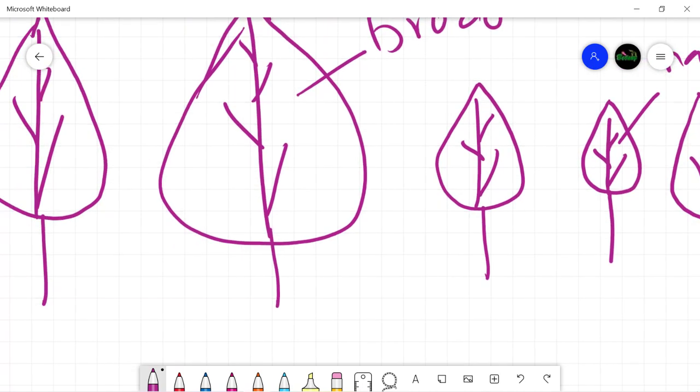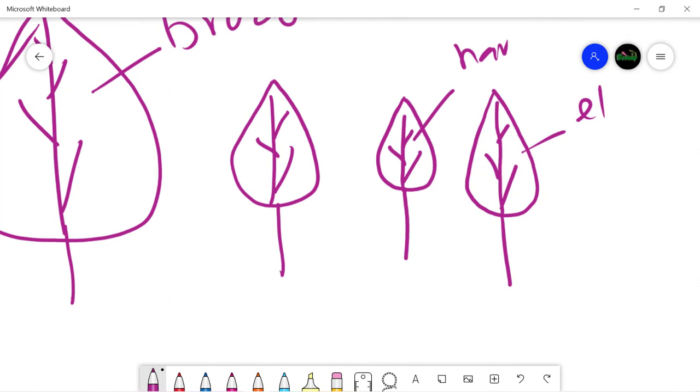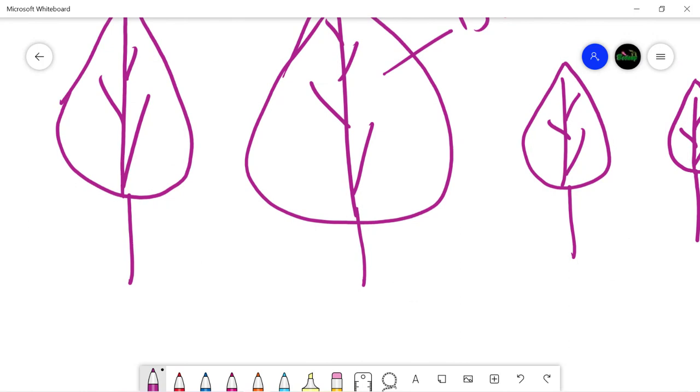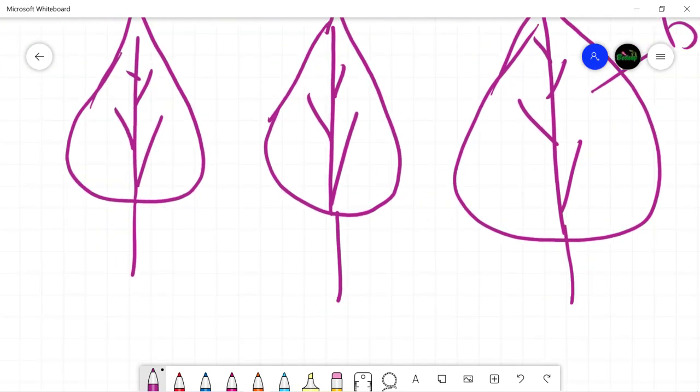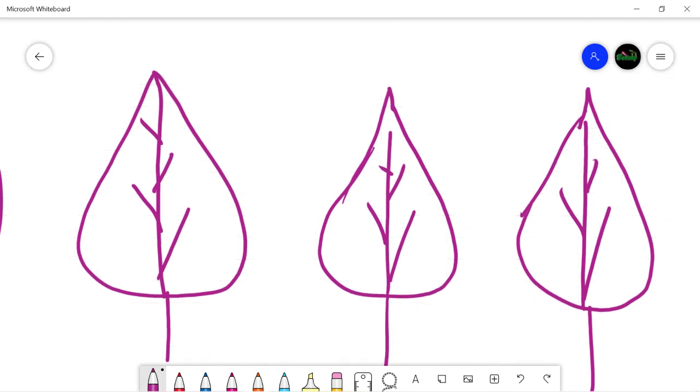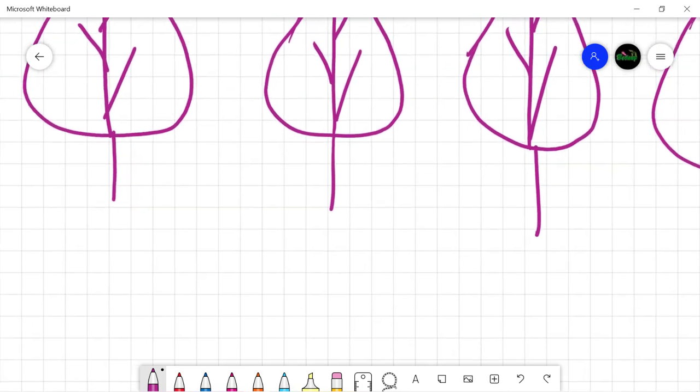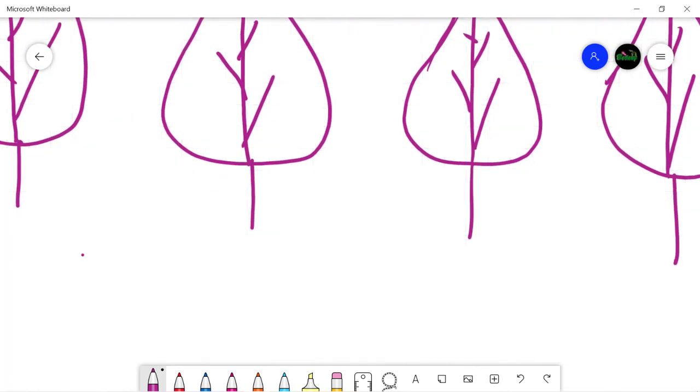Now, okay, these are all ovate leaves, you might say, but what's the point in keeping all those leaves in one basic shape? Why not create a separate shape? Why not create a separate term for all these different kinds of leaf? Now I have drawn few oval shapes, and as you study shapes of the leaves, you will come to know that these ovate leaves have more variations than I have just drawn here. So the question is why not create a separate term for each of these leaves, and the answer is quite simple, that we must have a reference